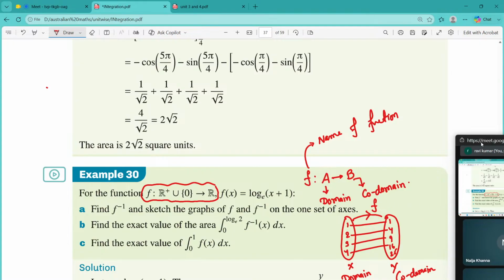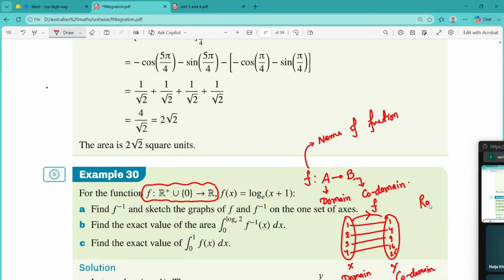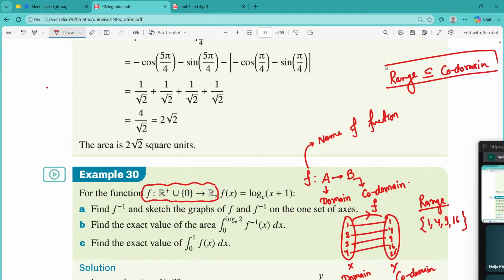But if someone is asking what's the range? In the range, you will have only those members which have been mapped from your set X. So in the range, only this one, but the codomain may be a bigger thing also. So we can say the range is a subset of the codomain. The range may be smaller than the codomain, but not greater than the codomain. So are you getting what's the domain, what's the codomain? So in this example, it wants to tell you that